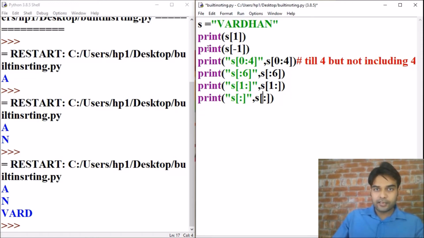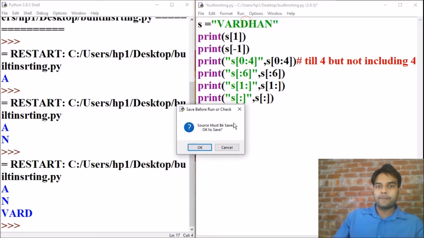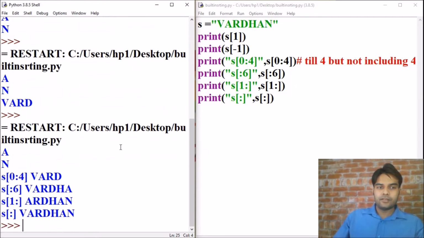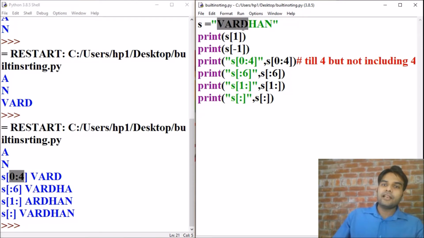Now let's run this example. Run. See, from 0 to 4. Vardhan 0, 1, 2, 3. The first 4 elements will be printed, but index 4 will not be counted. Starting is not defined, so it will start from 0 and move towards 6, but the 6th index will not be counted.